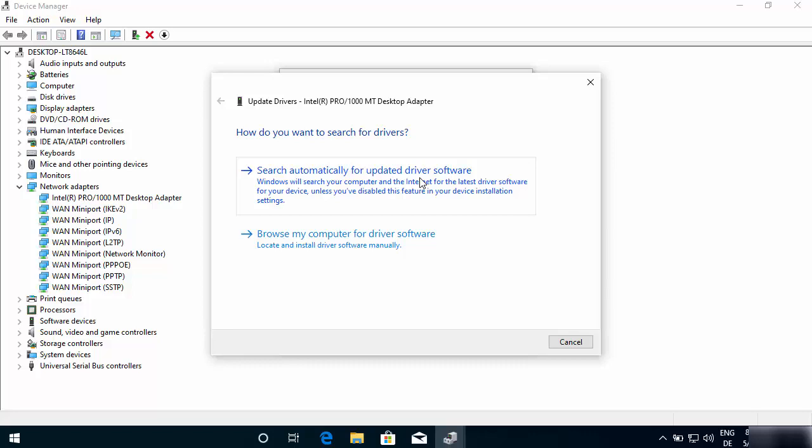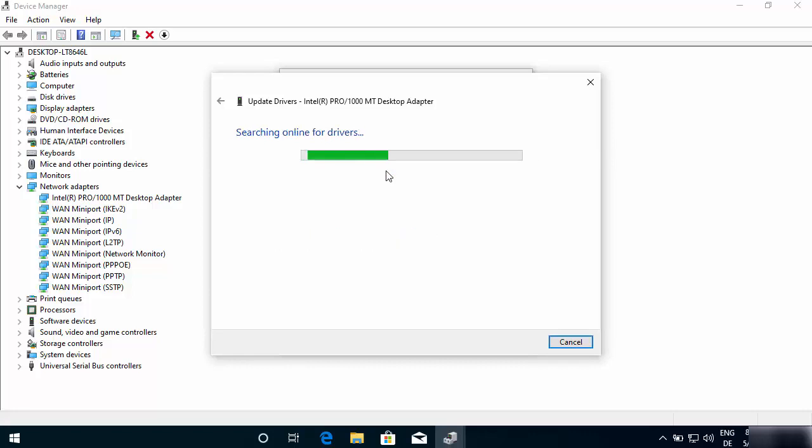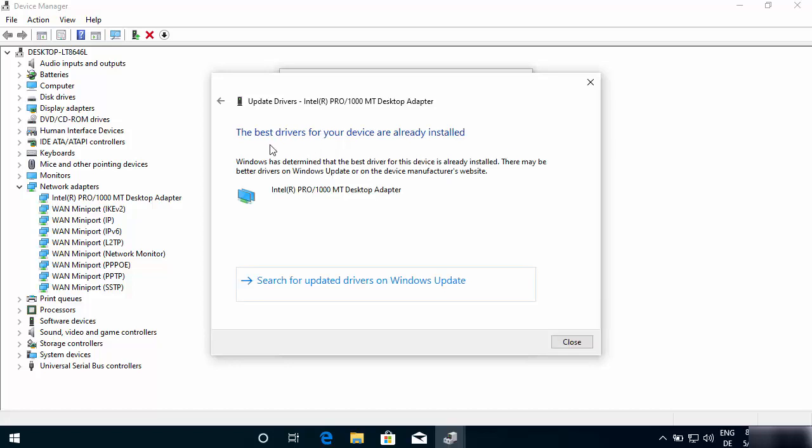So if you are facing the problems related to Wi-Fi, then try to connect your laptop or PC via LAN cable, and then try this option. So you can just click on search online for drivers. As I said, you need to be connected to internet for this kind of solution.